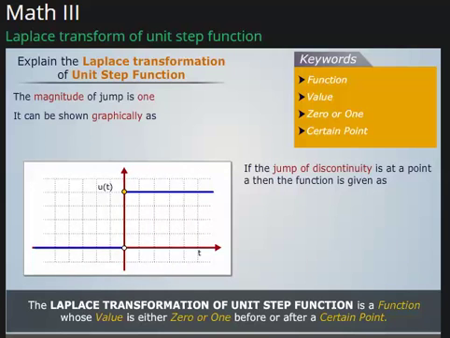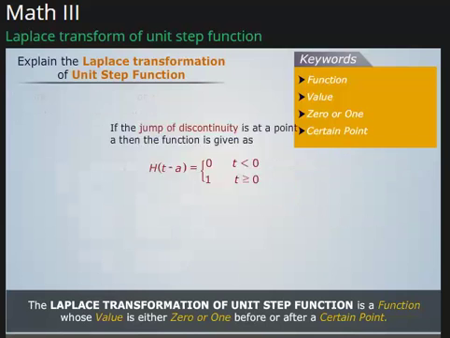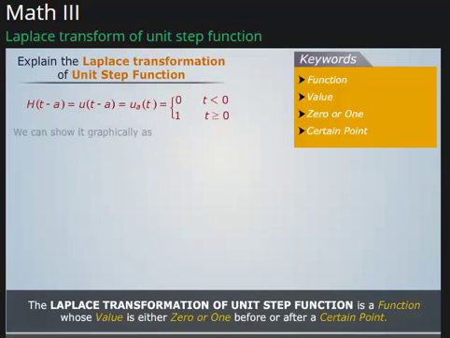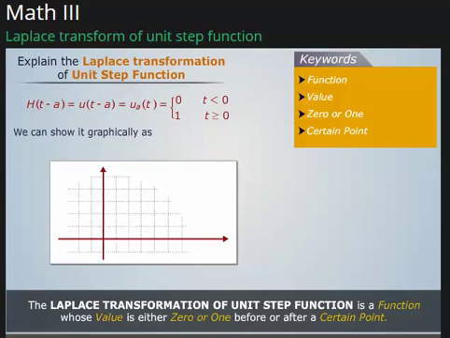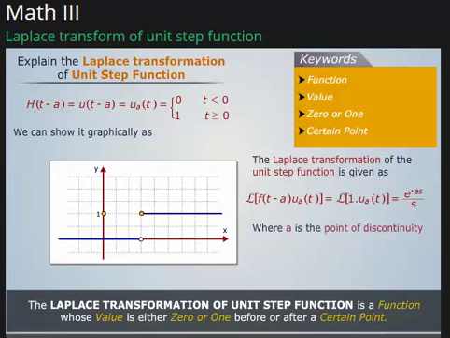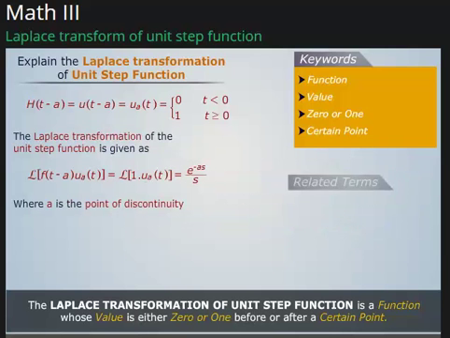If the jump of discontinuity is at a point A, then the function is given as. This may also be written as. We can show it graphically as, the Laplace transformation of the unit step function is given as, where A is the point of discontinuity. Related terms are